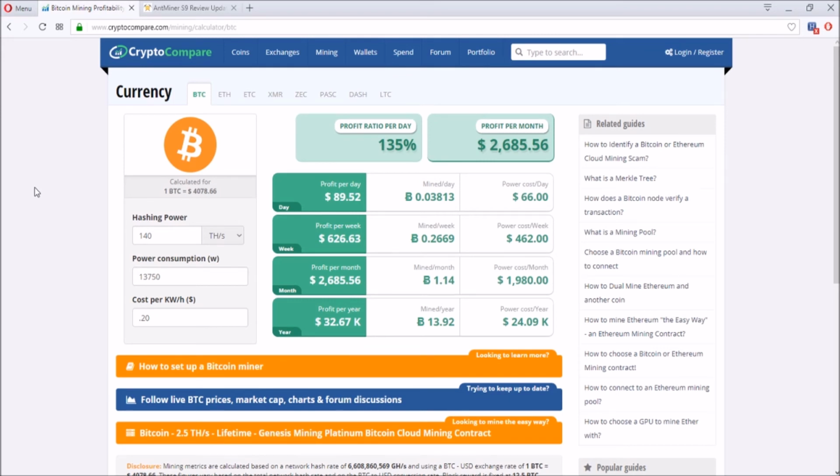However, I have to caution you guys that Bitcoin can drop like crazy one day, or even a couple months, or even a year, or it might rise up crazy in a couple years or a couple months. So Bitcoin and cryptocurrency itself is very volatile, and you don't know when it's gonna go down or up. Also, it might go through a hard fork, like what happened with Bitcoin Cash, and there are a lot of unknowns